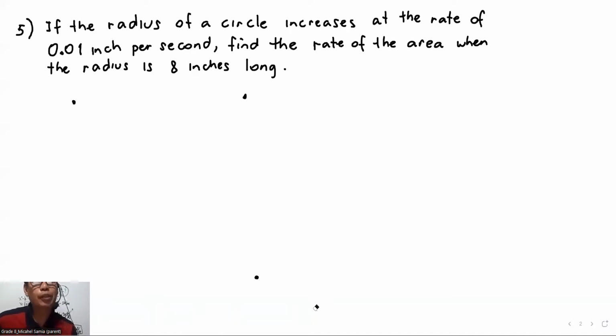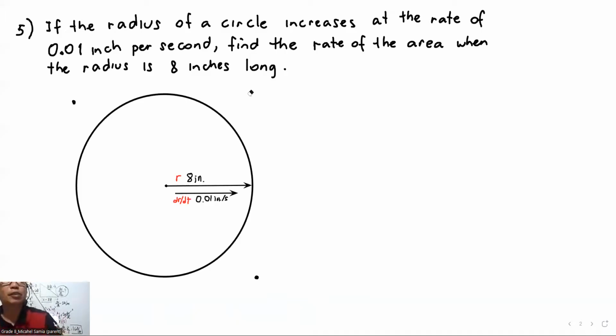If the radius of a circle increases at the rate of 0.01 inch per second. Okay, so the radius is increasing. Find the rate of the area when the radius is 8 inches long. Okay, Josh, illustration. This is a simple problem just using the formula of a circle. Area is equal to